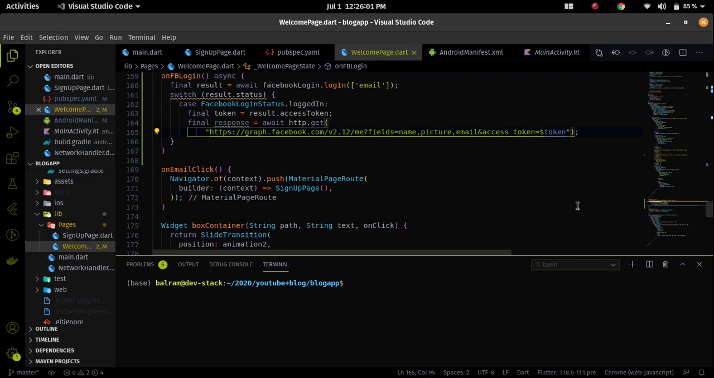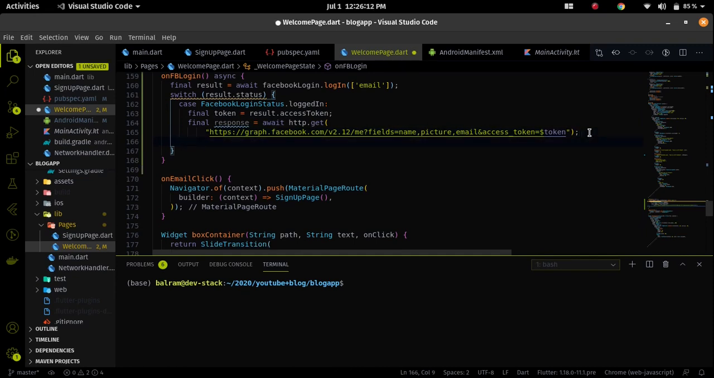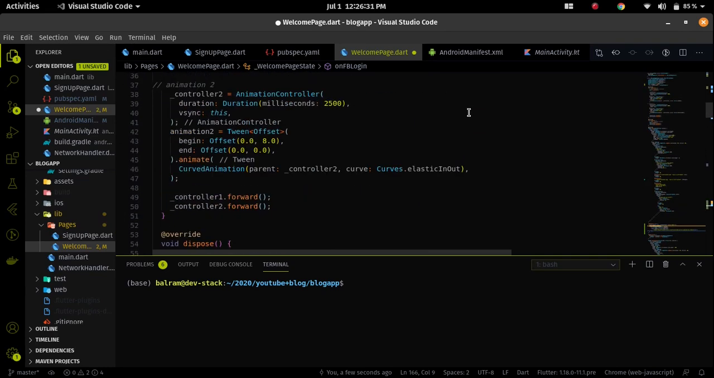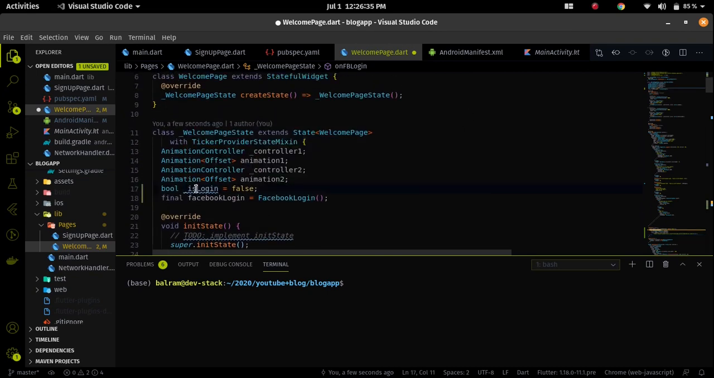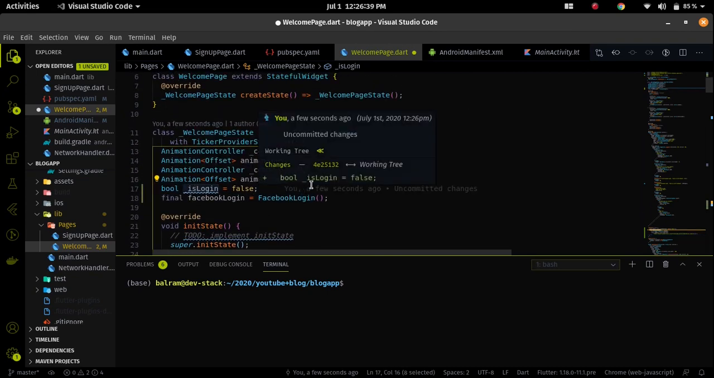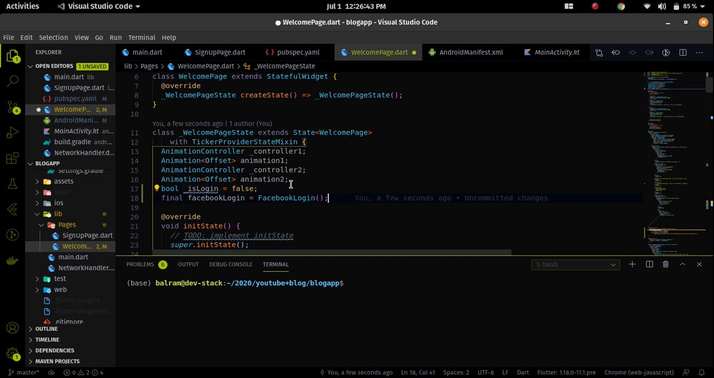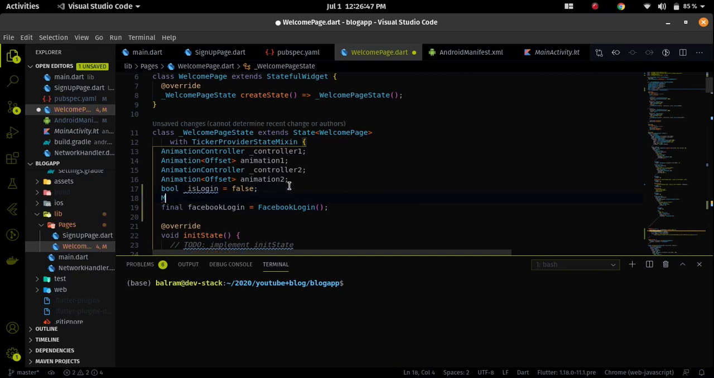We are getting a response on the response parameter, and we can just decode it, or else we can store response.body in another variable. So let me decode it, but first I will create another variable. The type will be map and the name will be data. In this data we will store the response,